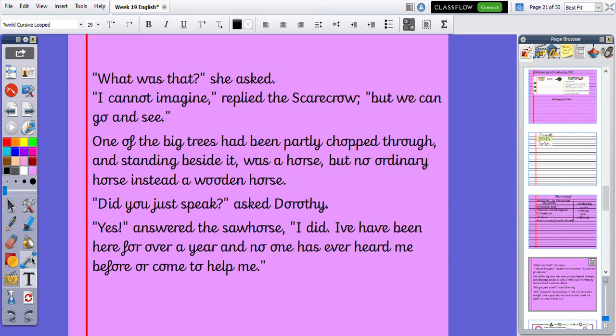Okay, so what was that? She asked timidly. I think that I could up-level that and describe how Dorothy asked it, okay? Because if we think they're in a dark forest, there's a scary, spooky sound coming from the bushes, is Dorothy just going to say, oh, what was that? I don't think she is. I think she might be quite scared and might be quite quiet. What was that? Okay. So I might say Dorothy asked timidly, or she could ask quietly,